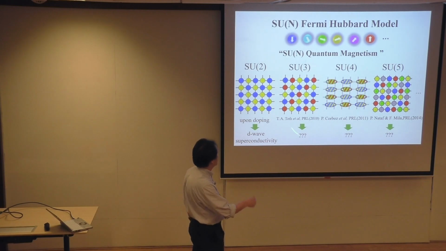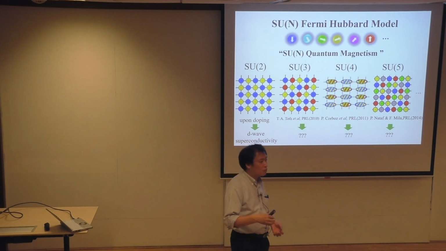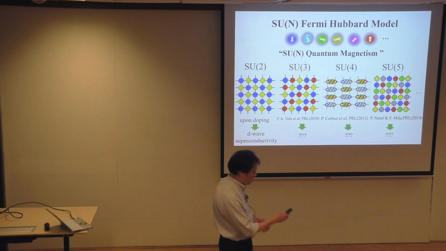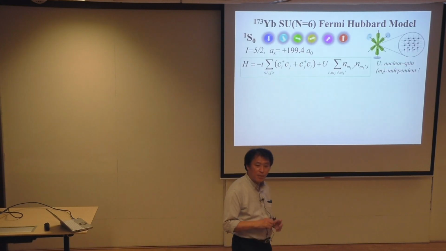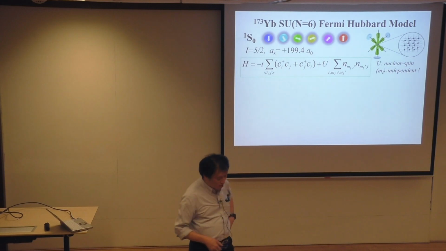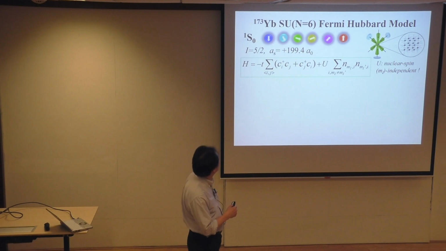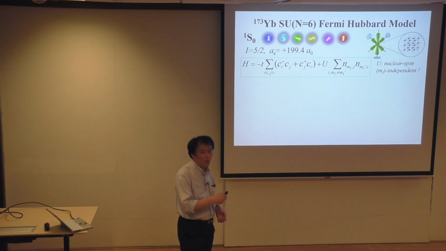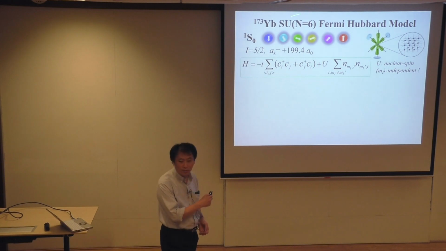So this is an interesting new direction of research of the Fermi Hubbard model. Experimentally, we successfully implemented the SU(6) Fermi Hubbard model by working with ytterbium-173, which has a nuclear spin 5/2